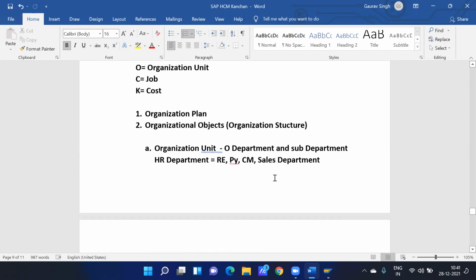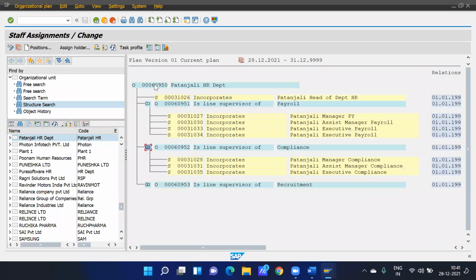Okay. So the organization unit, see, one more thing, if you see, this is O, and this is the object. This is the department, Patanjali HR department. Whenever we create one object, the system gives one unique code to that. But how to detect which object is a department, which object is a job?